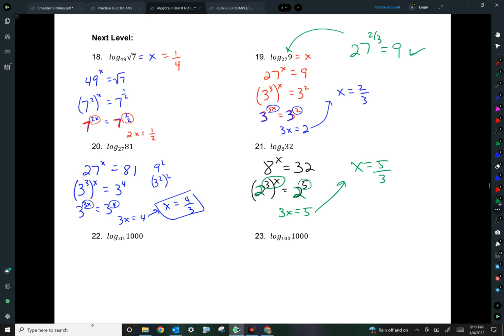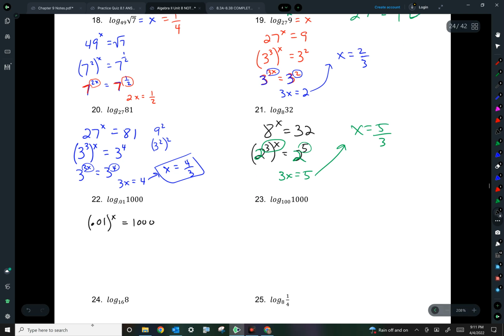So I've got here 0.01 to some power equals 1,000. Okay, how am I going to look at this? Isn't 0.01 1 over 100? And remember, in the old days, you do your place value. This is the tenths, and this is the hundredths. So 1 over 100, and that's being raised to the x